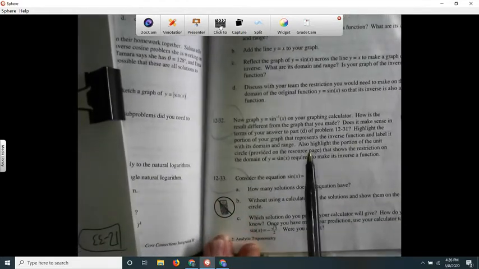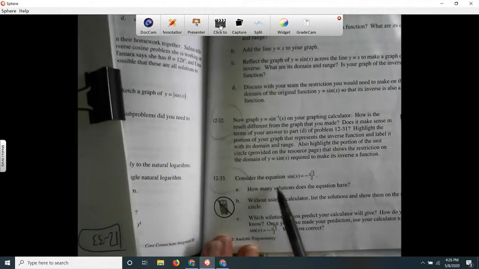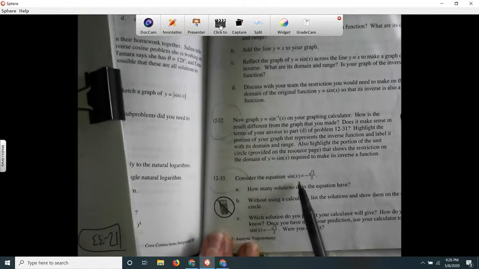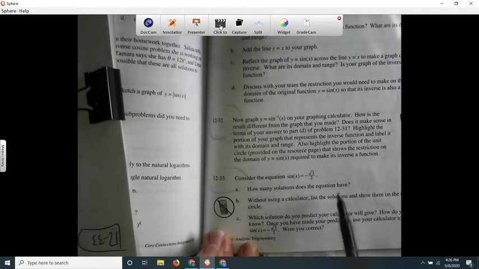And then I'm going to just do 12-33. It says consider the equation sine x equals negative root 3 over 2. How many solutions does the equation have? So I know that there are infinite solutions, because if I look at the unit circle where sine of x is negative root 3 over 2,